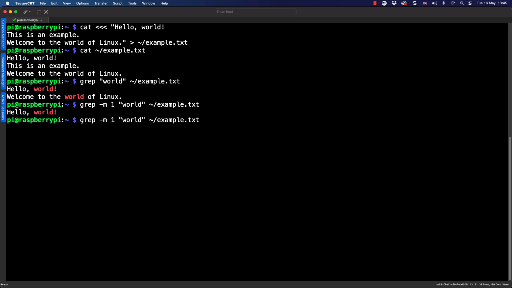So once we've got that done, we can look at other things that we can search for. And we were talking about case insensitivity. If I look for uppercase example with an uppercase E, we don't need the max count anymore. We can see that we're not getting any results coming back. Now, we know the word example is in the file, but it's not in uppercase. So if I use -i with the case insensitive search, we can see now that I'm getting my line coming back, even though it's the lowercase e example, not the uppercase. And this can be really useful if we're not quite certain the way an option is set in a file.